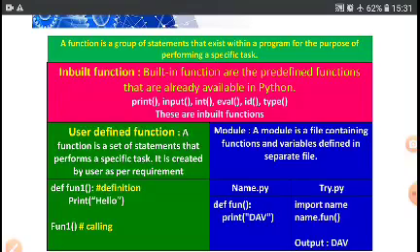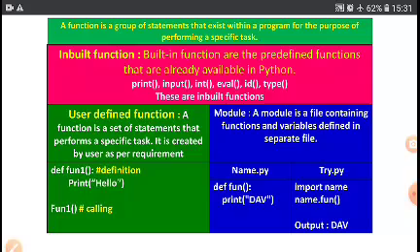What is a module? A module is a file containing functions and variables defined in a separate file. You can see there are two files. In name.py I have written def fun, print dav. This is a separate file, name.py, and I want to create another file, try.py. In try.py, in the first line I have written import name.